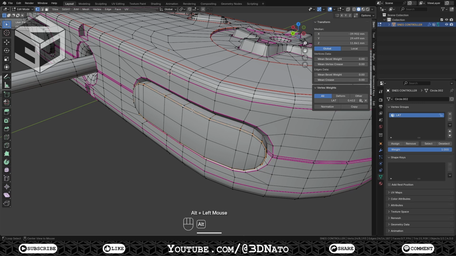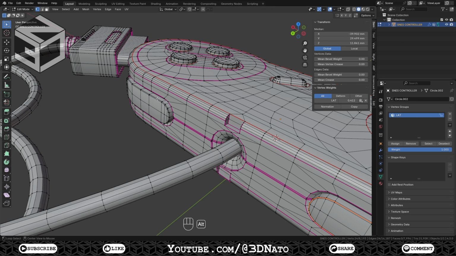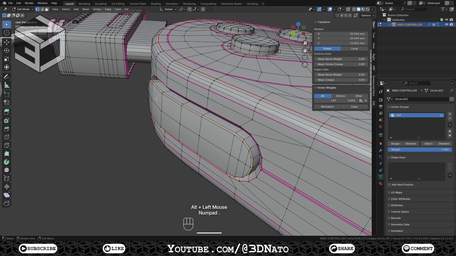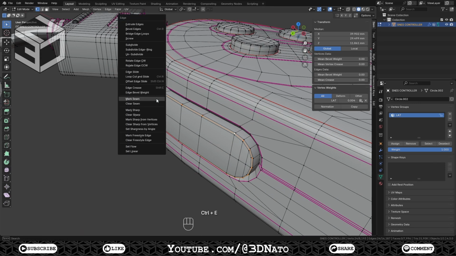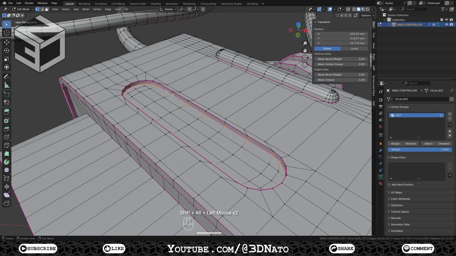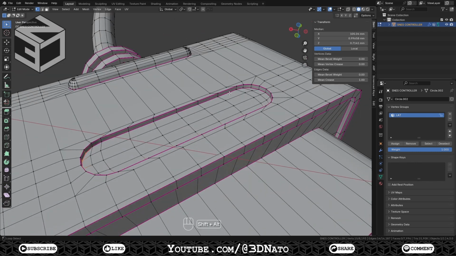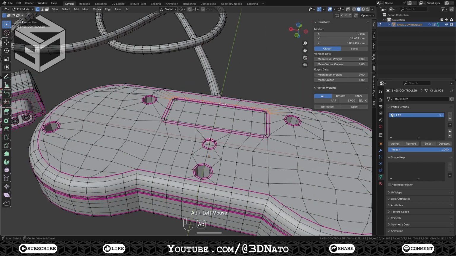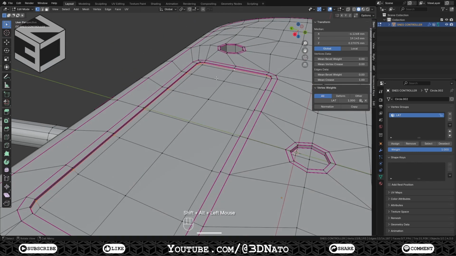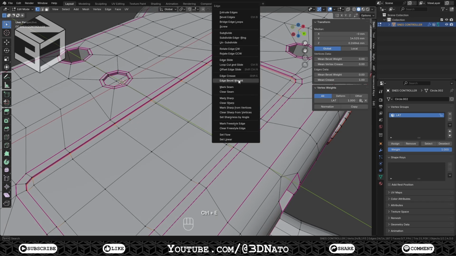Select the left bottom middle bevel edge loop, press Ctrl+E and Mark Seam. Select the right bottom middle bevel edge loop, press Ctrl+E and Mark Seam. Select this inner edge loop of the controller plug, press Ctrl+E and Mark Seam. Repeat this step on the other side. And for last, select this edge loop of the rectangle on the back of the controller, press Ctrl+E and Mark